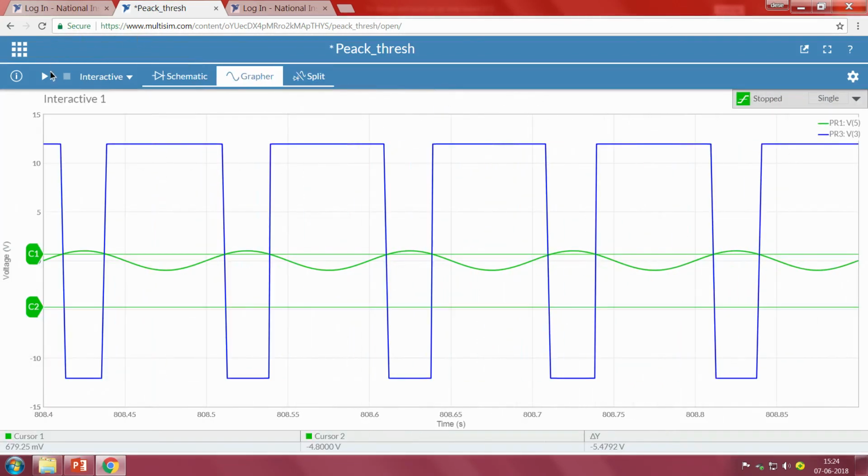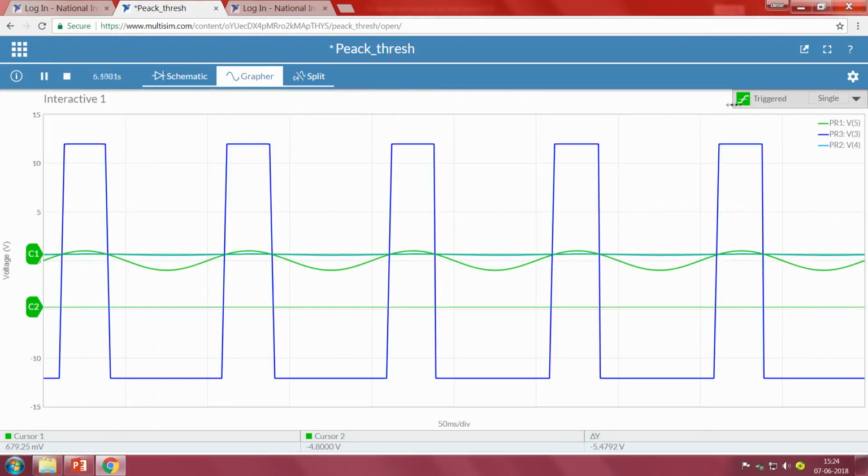So grapher, now see what is happening. When we observe, C1 is at what point? C1 is at 679 millivolts. We require 666. Now we see the output is becoming higher only when the input is greater than this particular threshold.